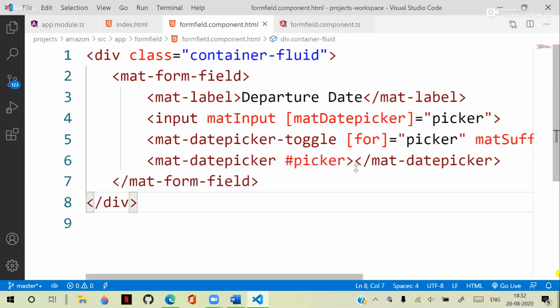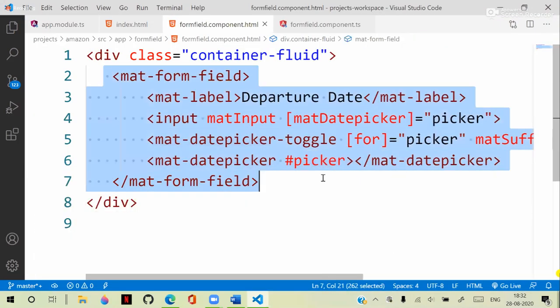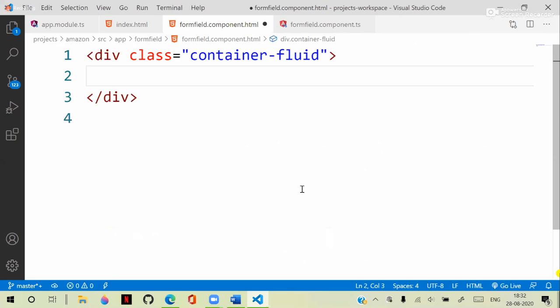I will clean this up, okay? So we need to design something like that. So we need to go to the app module. In the app module, we already have MatFormField,